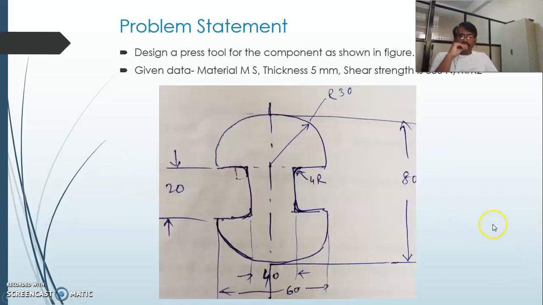Now, the problem statement is given: design a press tool for the component as shown in the figure. We are required to cut the shape provided from a sheet metal, and for that purpose the given data is: the material is MS, the thickness of the strip is 5 mm, and the shear strength of the strip is 350 Newton per mm square. Now, considering this